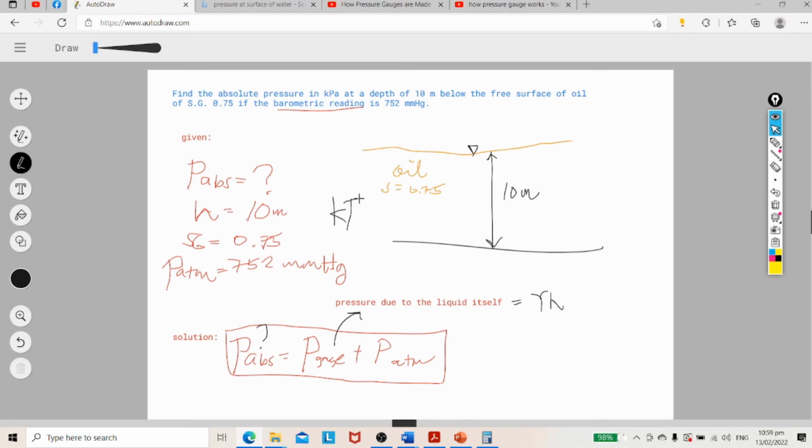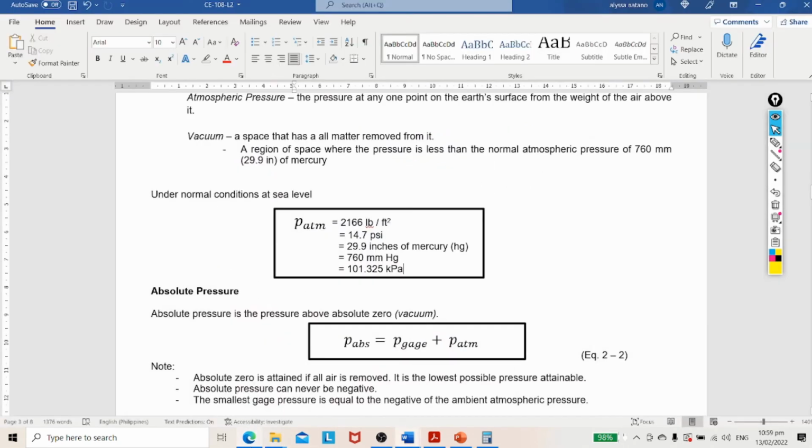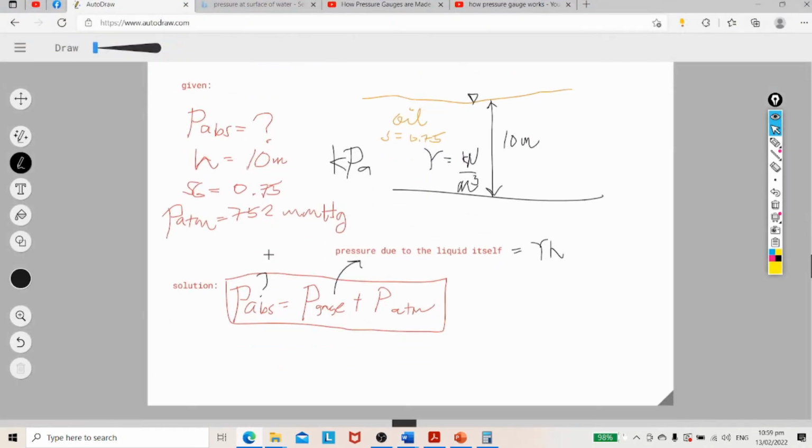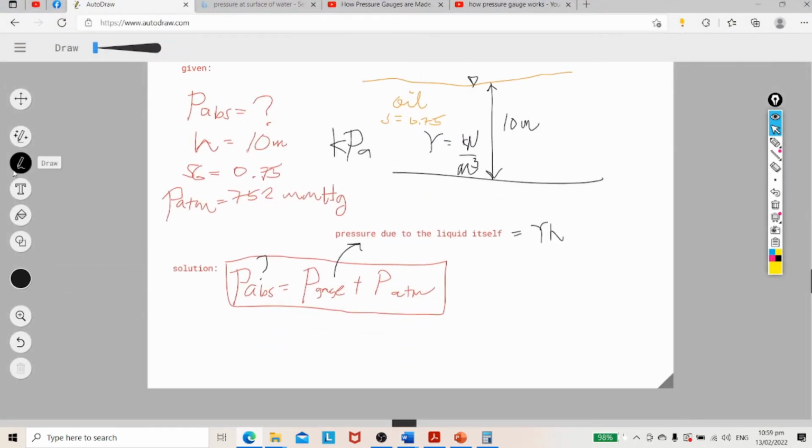Pero kasi ang kinukonsider natin na unit dito is in terms of kilopascal. Kasi makakakuha ka ng specific gravity sa kanang unit weight at kilonewton, 'di ba? Kilonewton per cubic meter. So paano mo siya makukuha kung ang given mo ay 752 mmHg? Eh di i-convert pa natin yung 752 mmHg sa equivalent niya na kPa. Okay? So, ibig mong sabihin, ma'am, i-convert pa namin ito. Yes,